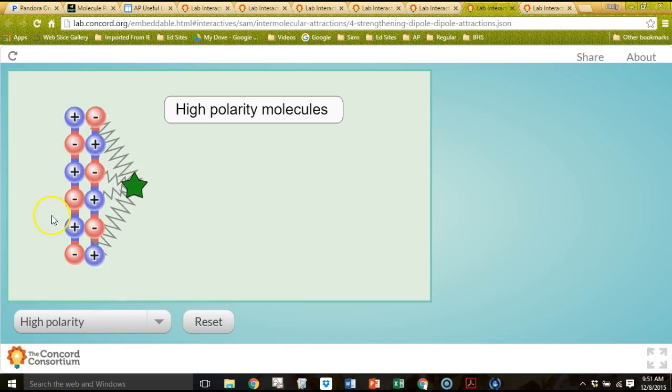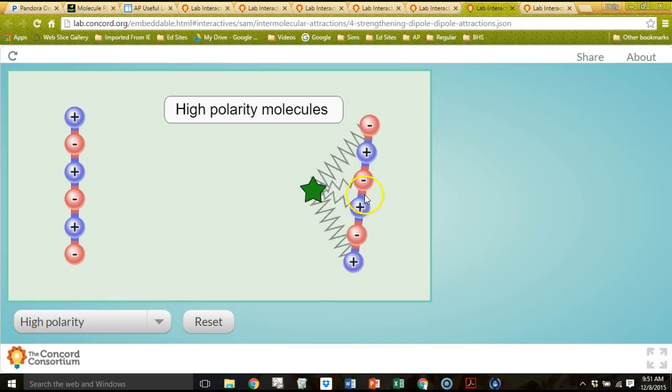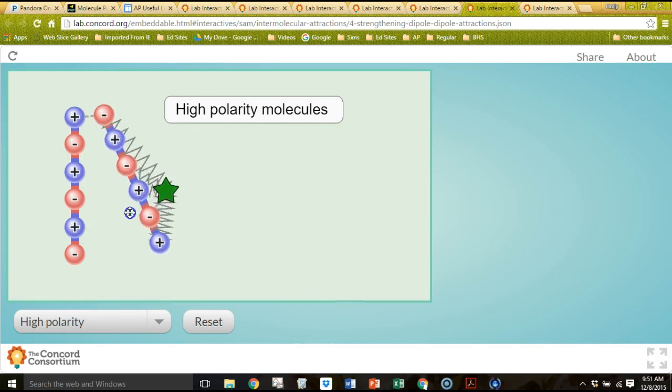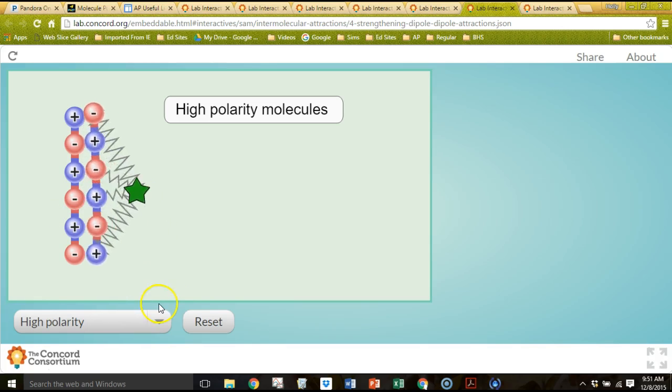So again, it can be a scenario like this in this depiction where there are multiple locations of partially positive and partially negative charges, or it can be, just again, if I had small molecules but had a very polar bond, then that also would result in a stronger attractive force. All right, so moving on to the next simulation,